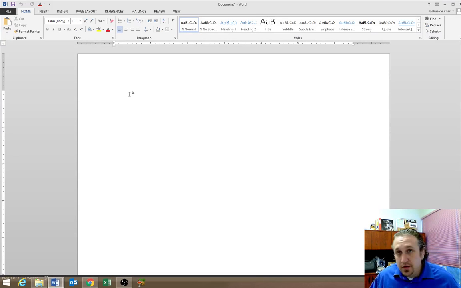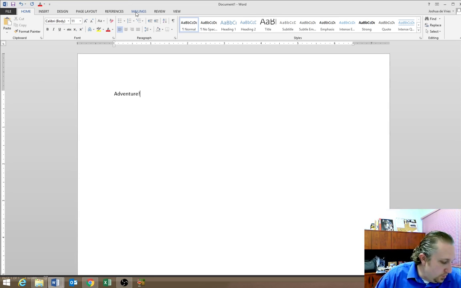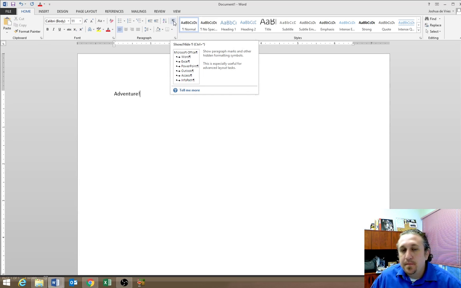On page WD3 of the textbook, you'll notice an example of what we'll be creating. Up to that point, we just flip the page, and the first thing the textbook's asking us to do is type adventure. It's showing you a whole bunch of options in the textbook and where buttons are and what they do. For the purpose of this lesson, I'm just going to follow the book and do the absolute necessary steps. On page WD6, it's asking you to click this button, and it's giving you the